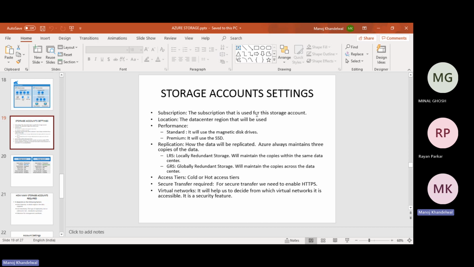So the subscription that is used for this storage account is subscription. Location, that is the data center region that will be used. Performance,